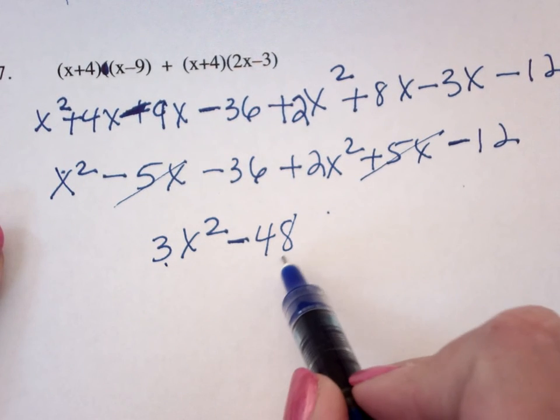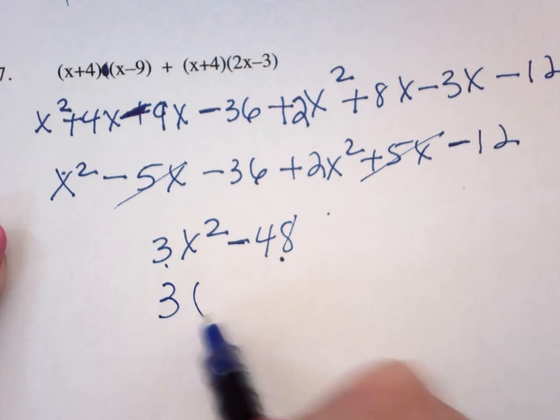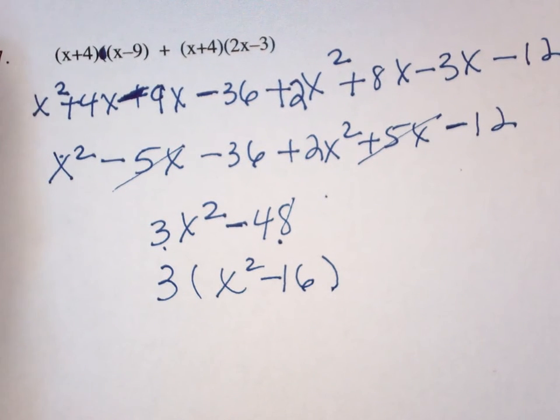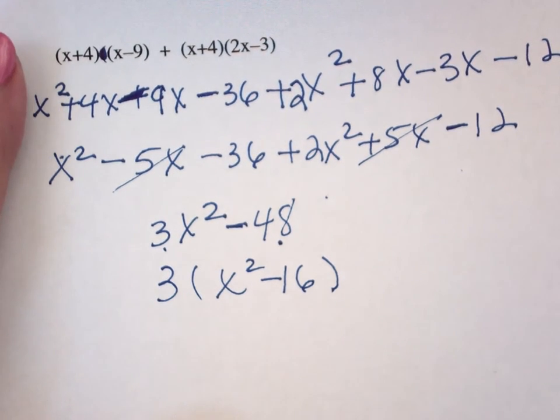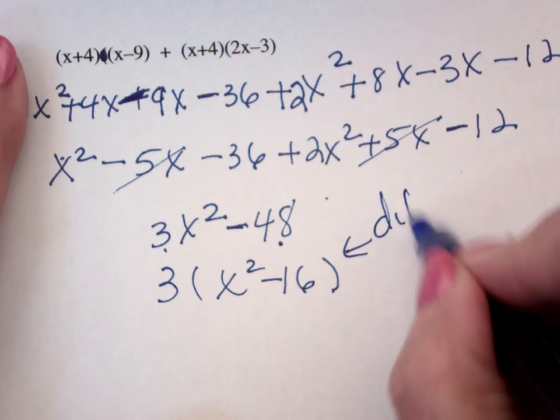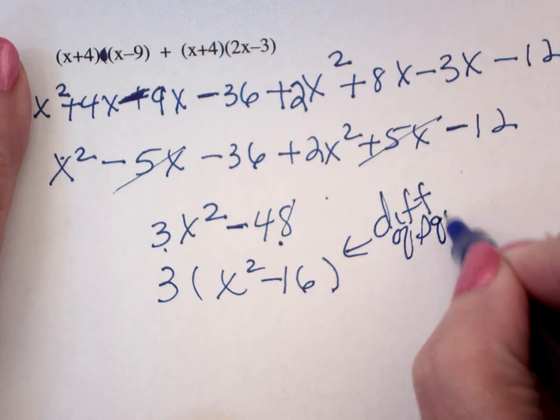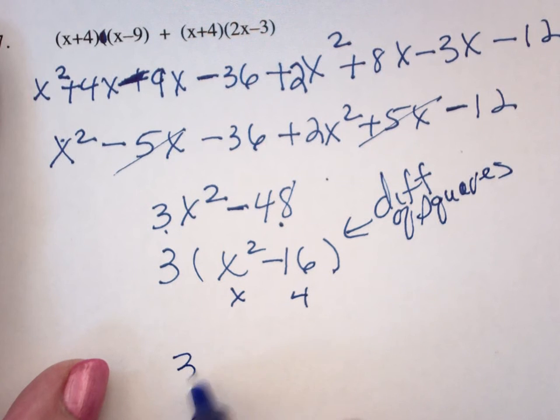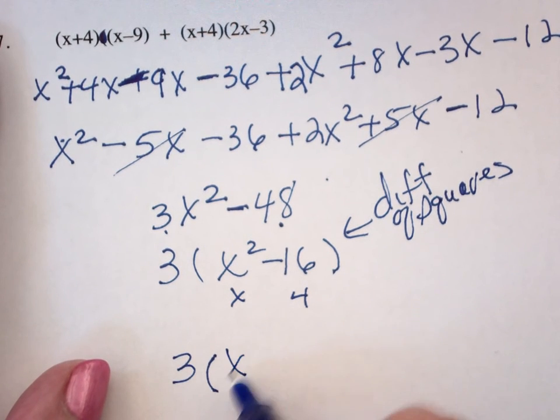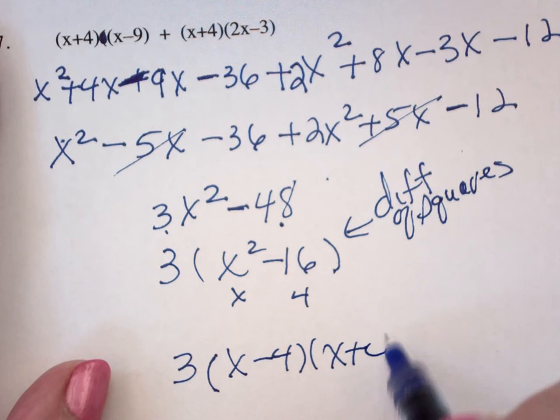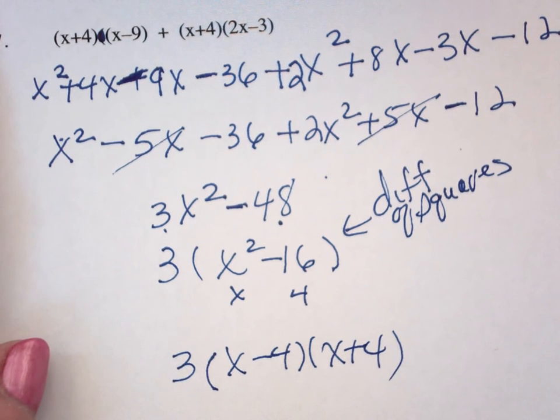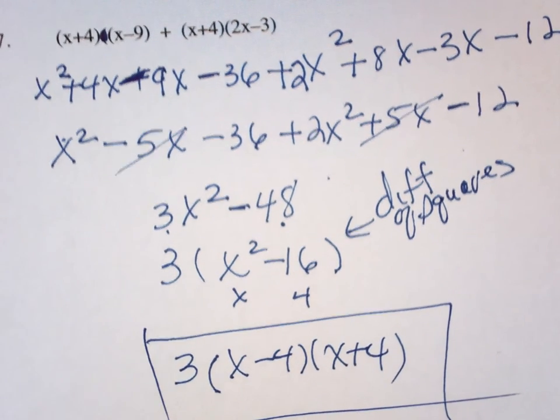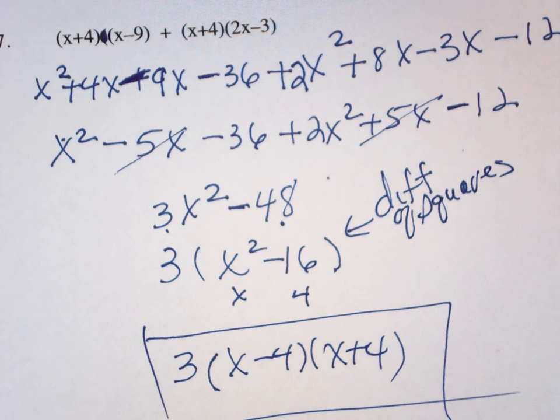Now you've got a greatest common factor of 3. x squared minus 16. And then you notice x squared minus 16 is difference of squares, namely x and 4. So this becomes 3 times x minus 4 times x plus 4. Don't let it intimidate you. Just multiply it out. Now, if you're in college algebra,